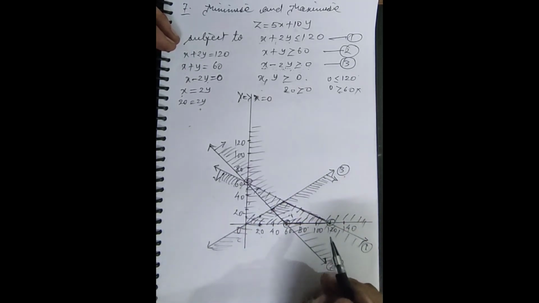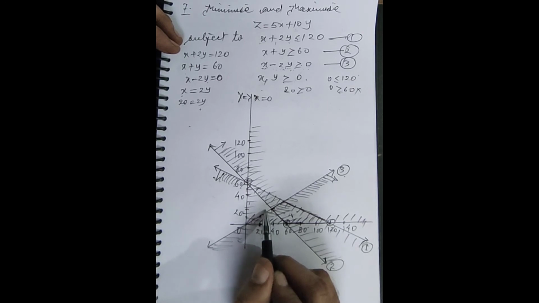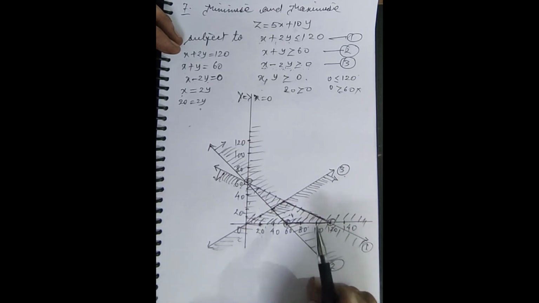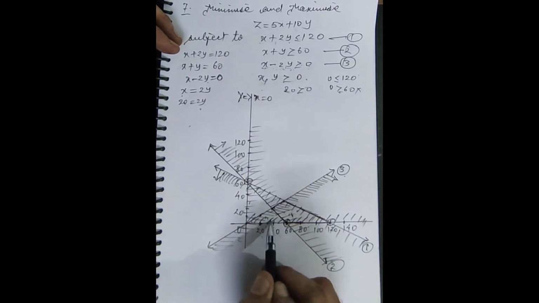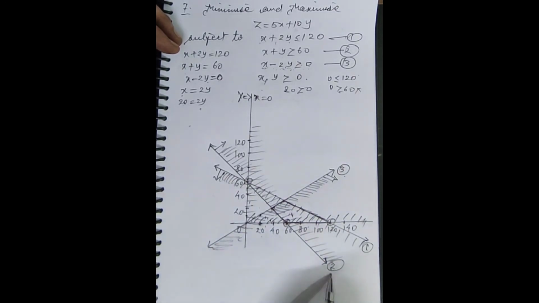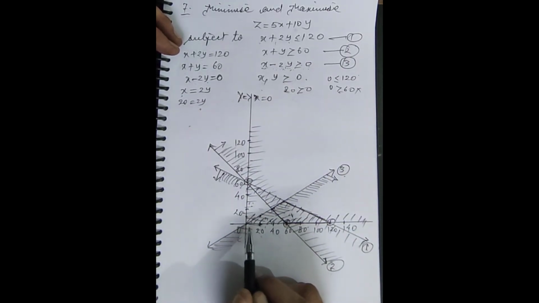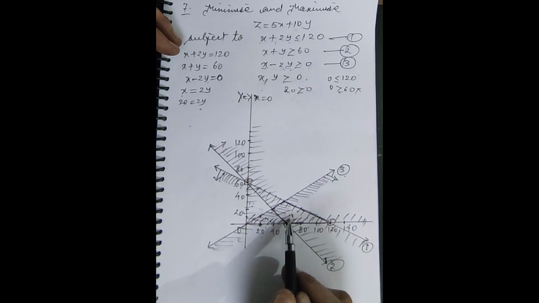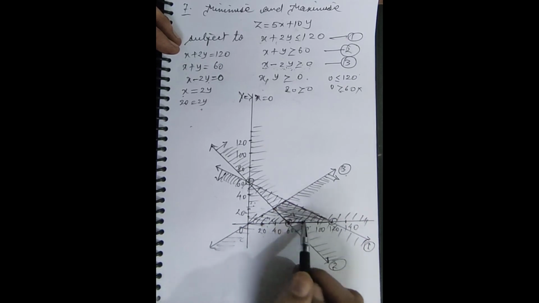Additionally, I will explain a possible point of confusion: why not other areas, as other than this one we are having these triangular shapes. For this triangle, equation number 3, its direction is favored, but with respect to 2, its direction is moving opposite, so this cannot be taken. The same reason for this triangle also, with respect to 2, its direction does not favor. We cannot even find a shaded region. And for this one triangle, with respect to 3, the direction goes opposite. So finally we have this region as the feasible region.